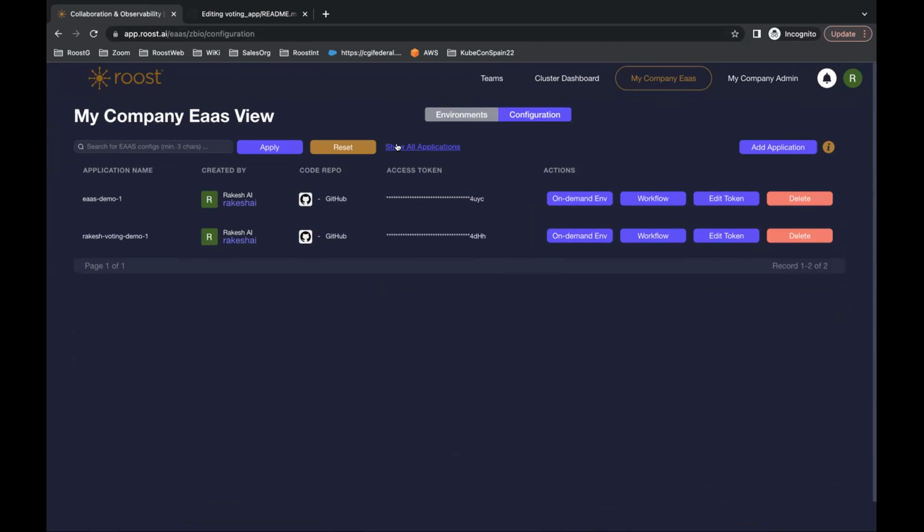Another question is, how does this compare to ECS Fargate? So ECS is a container solution. We provide multiple aspects of this entire CI/CD deployment, from infrastructure provisioning to the deployment.